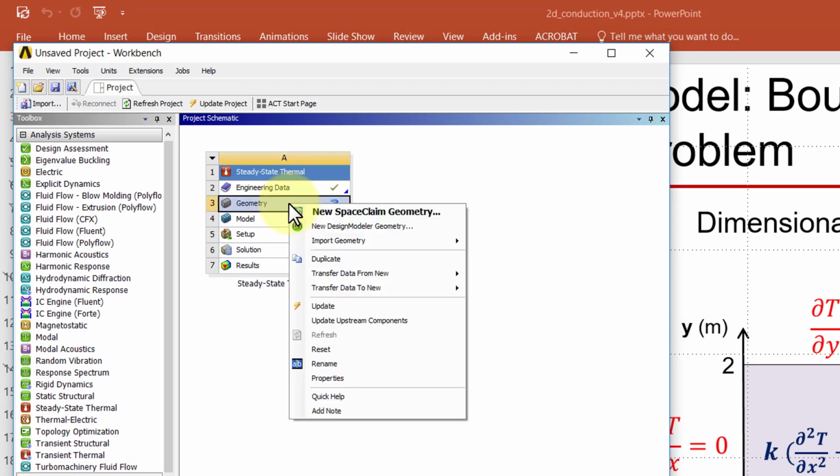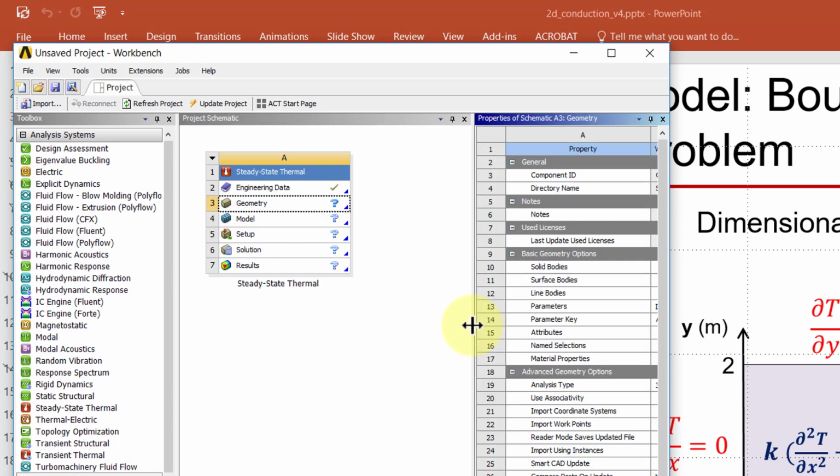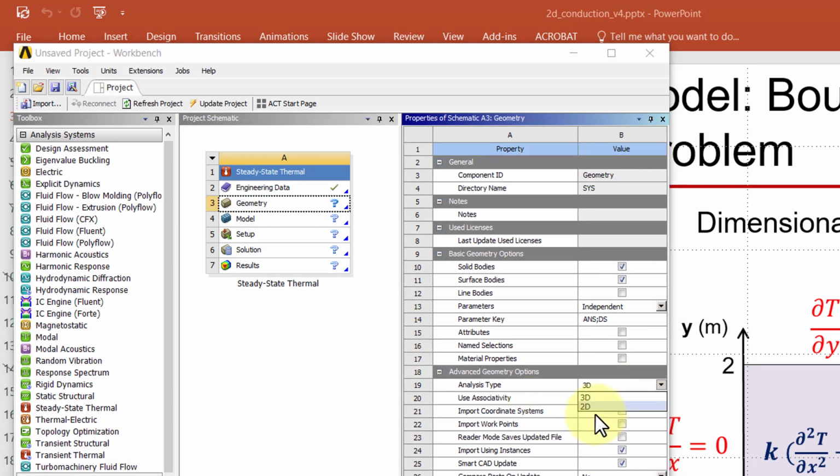Right click on geometry and go to properties first. And if I drag this here and set analysis type to 2D, because we have a 2D problem, ANSYS now knows that your temperature varies only in X and Y, so it's knocked off the dependence on Z because this is 2D. And also it knows that the equation that I want to solve is